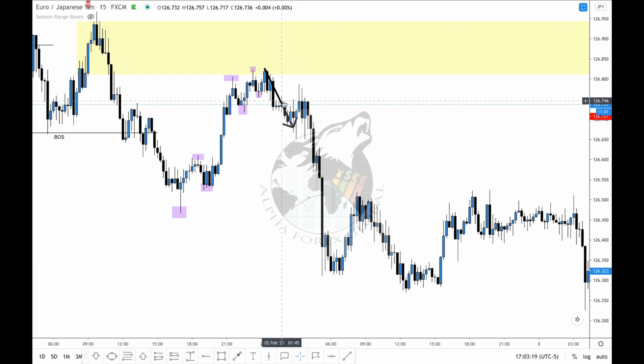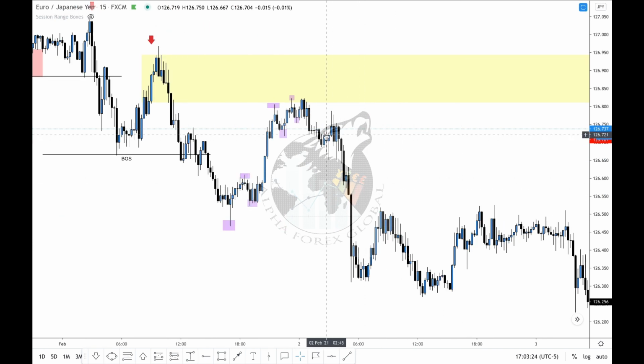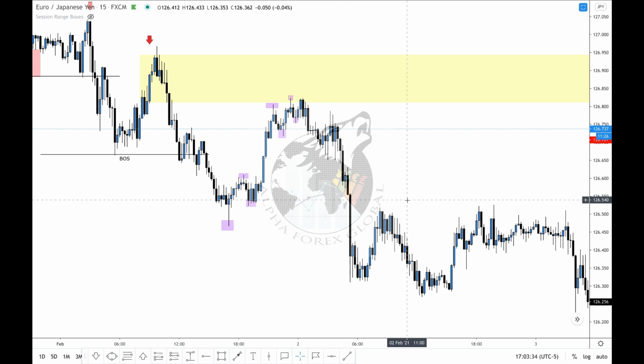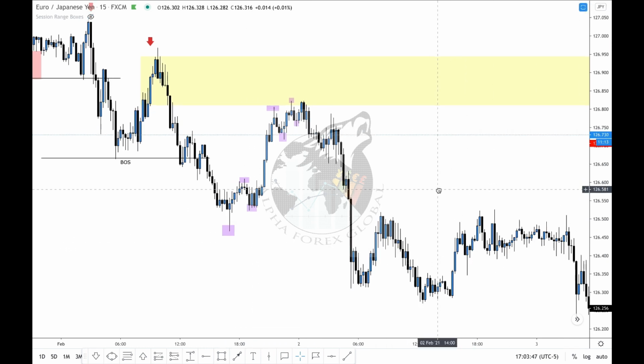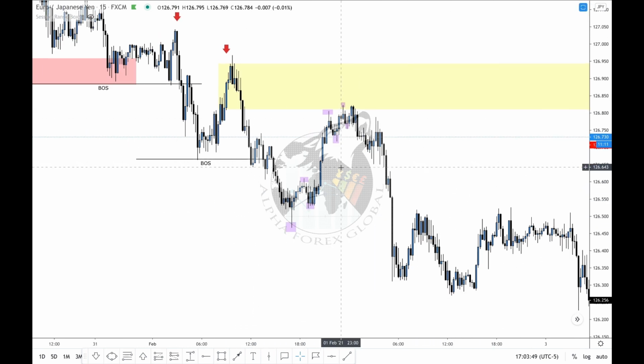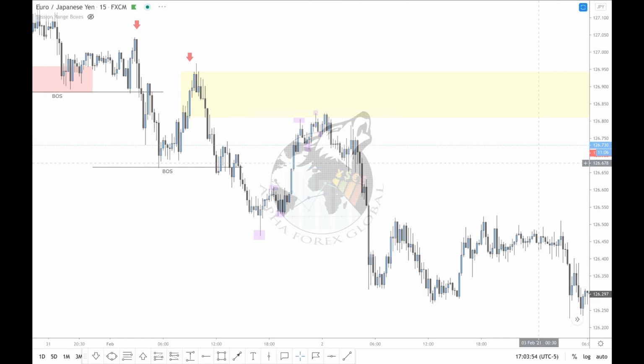That is one way to find out where the market will turn at your point of interest: break of structure. Note there's an order block here that we can refine on a lower time frame, but that is just one way you can know where the market is going to turn. Now, I taught you guys about divergence, I taught you guys a schematic, I taught you guys lower time frame sauce, right, to know when the market is going to reverse, just moving in a trend or at a point of interest. So let's go to the 5-minute time frame now,